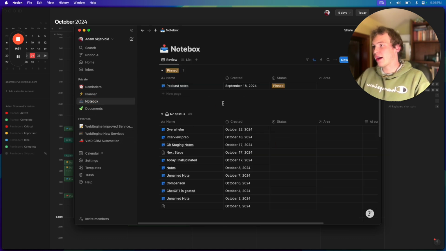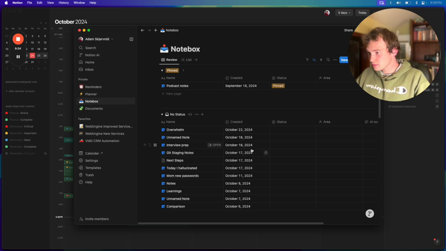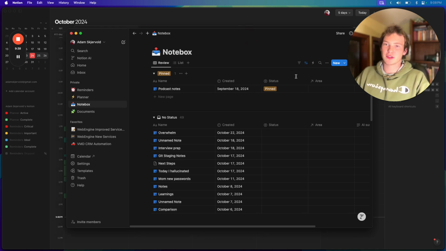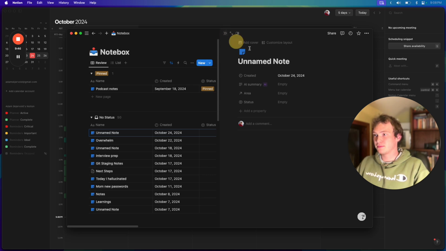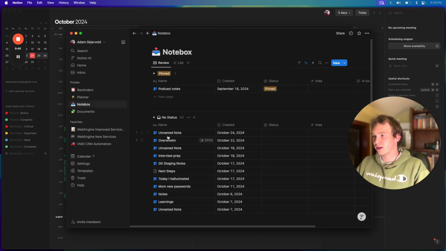But yeah, and then we have the Notebox, and so Notebox is basically a list of all your quick notes. So whenever you just need to write something down, if you're brainstorming or taking notes, you just open up a new document, and boom, there's a template with a nice icon. And you just basically take notes. That's about all it is to it. And you can come back through these.